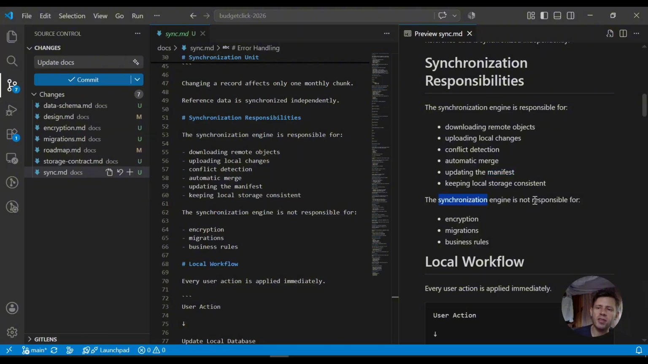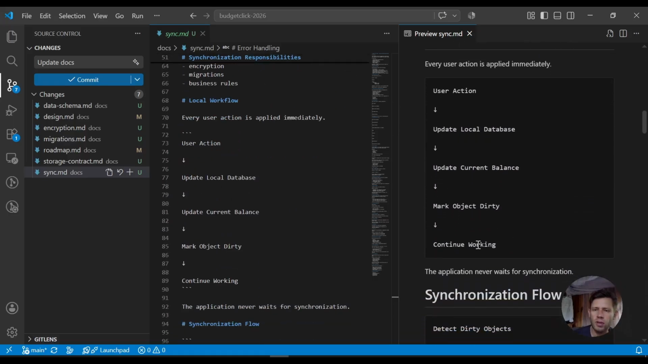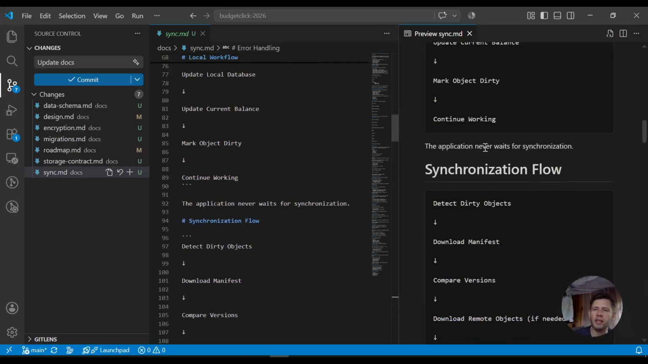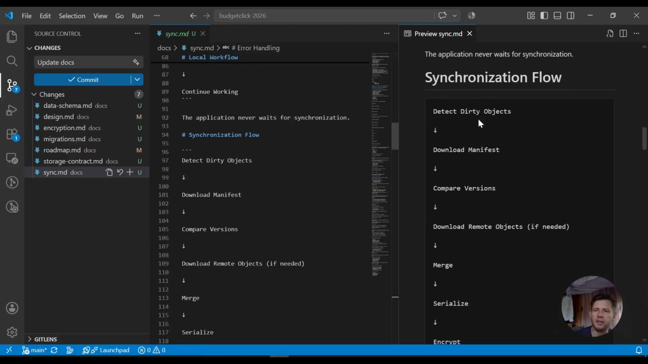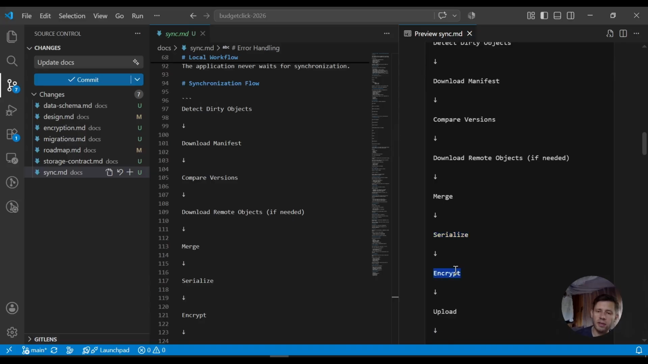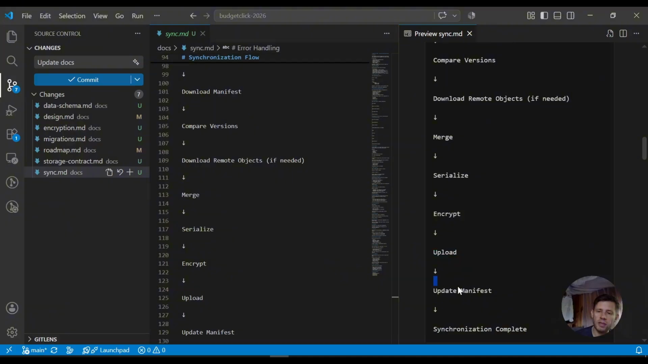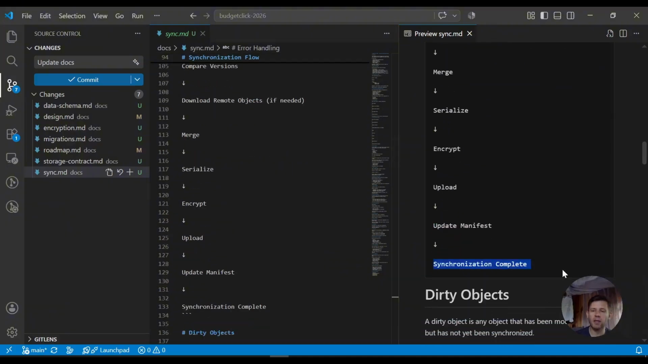The synchronization engine is not responsible for encryption, migration, business rules, local workflow, user action, update local database, update current balance, mark object dirty, continue working. The application never waits for synchronization. Synchronization flow, detect dirty objects, download manifest, synchronization, compare versions, download remote objects if needed, merge, serialize, encrypt, upload, update manifest, synchronization complete. Okay,